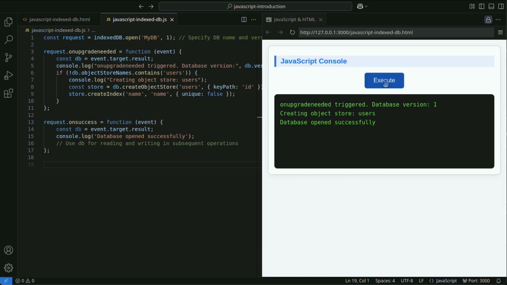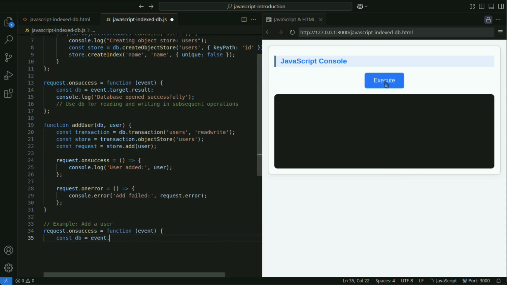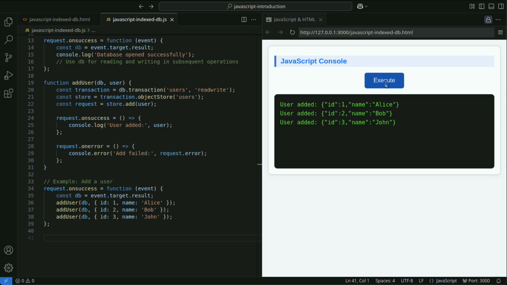Here is how to add new data to IndexedDB. Create a transaction with db.transaction and specify the object store to operate on and the mode, in this case, readwrite.